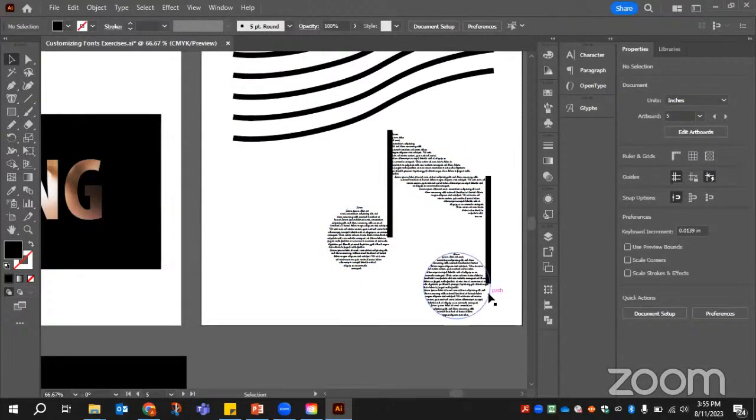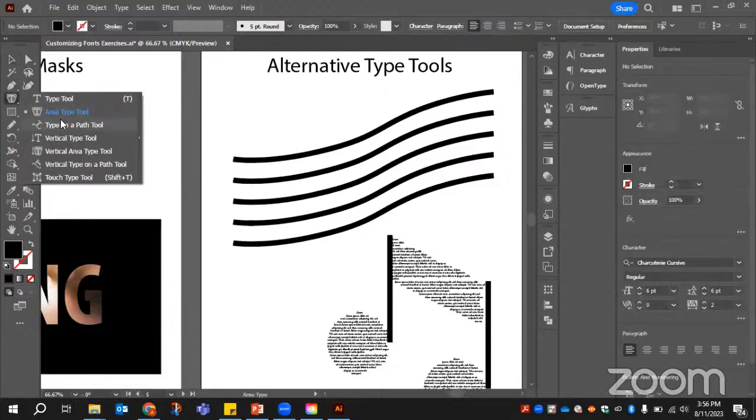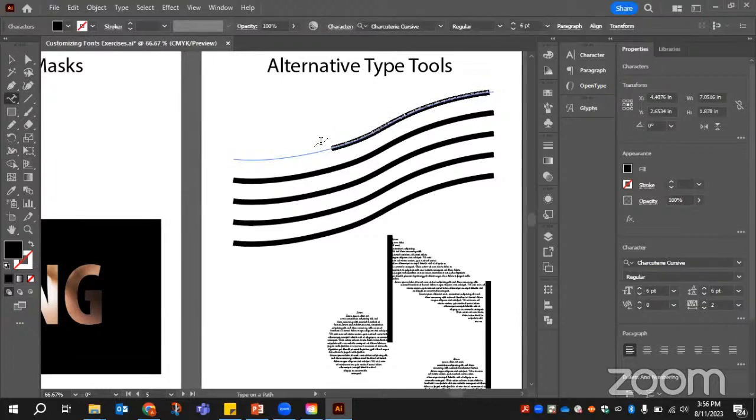However, right now we've only been talking about text that has been set in straight lines. So if you want your text to follow a different line or a curve, you absolutely could. There's the type on a path tool, which is this tool right here. You want to select somewhere along this path, and that's where your text will start. So you can see that I started in the middle of the line,